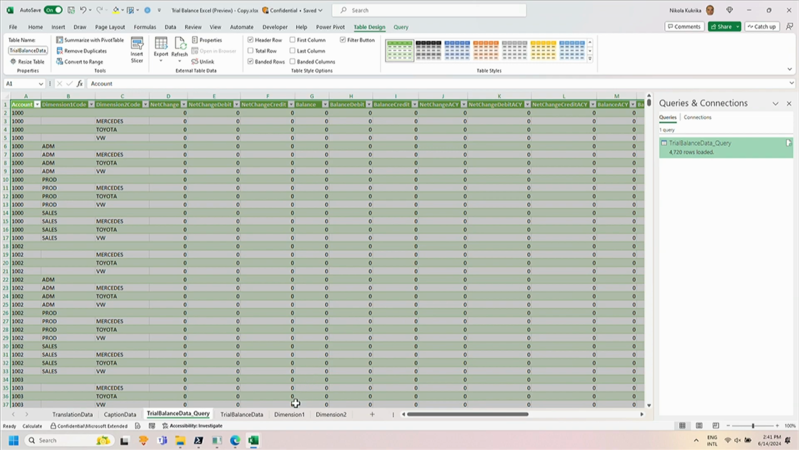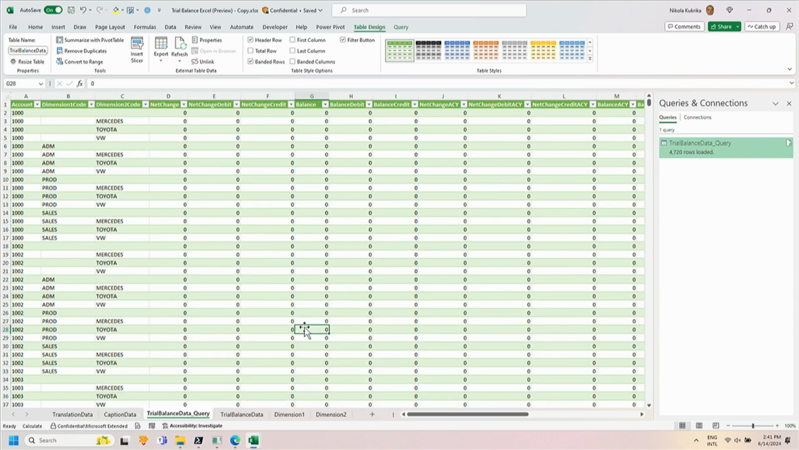Now, we could do the same things with the dimension 1 and the dimension 2. We could maybe even merge these queries so you can get a nice dimension name here. That's very easy to do. However, we will not have time in this presentation to do it. So now, when I'm done with the